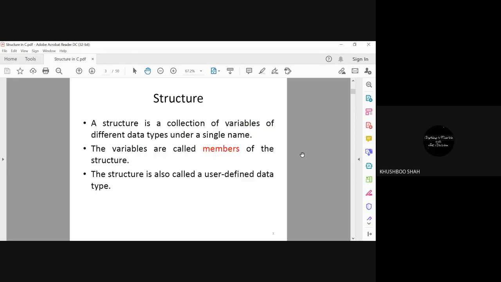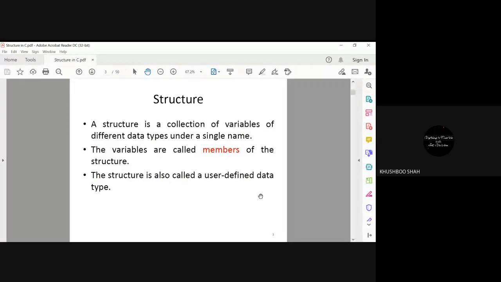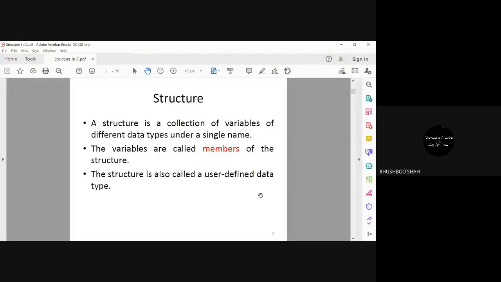So what is a structure? The very first thing, a structure is a collection of variables. From our previous example, how can you say this is a collection of variables, guys? Ma'am, one variable is name, another is roll number, then there's gender. Perfect.